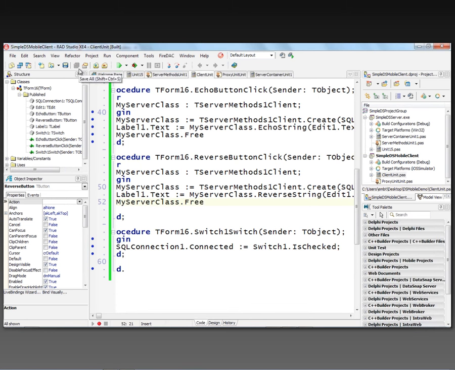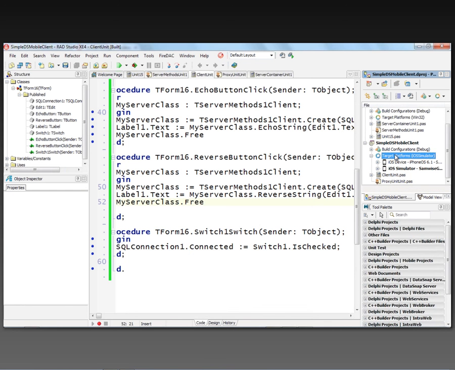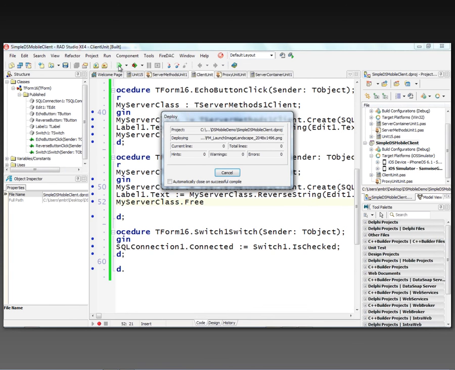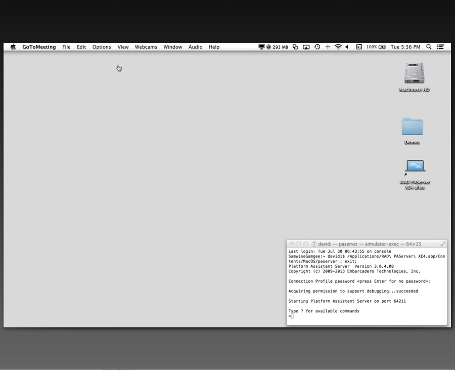We can save all of this. Now what we'll do is we'll run our DataSnap mobile client. Remember, the DataSnap server is running down here, and we'll target the iOS simulator. We could also target the physical device, an iPhone, iPad, whatever. We'll just use the simulator for this quick sample. We'll go and run this application. Now it's compiling it and deploying it over to my